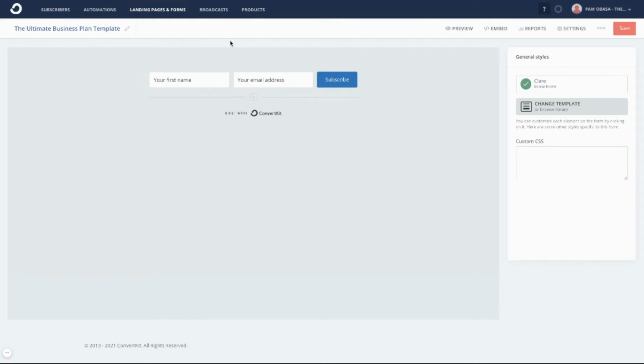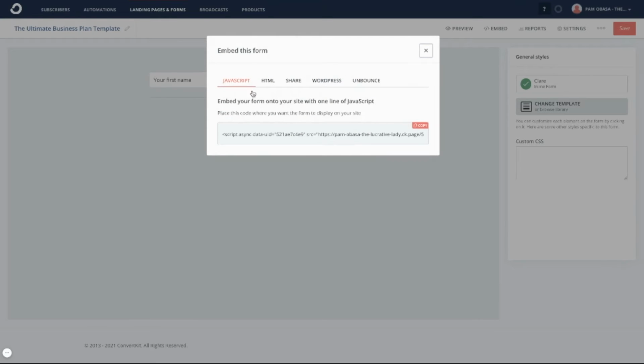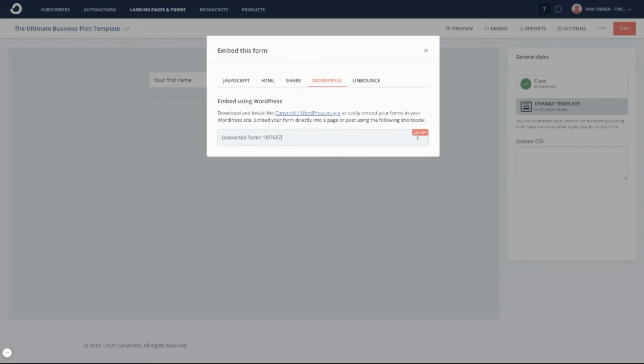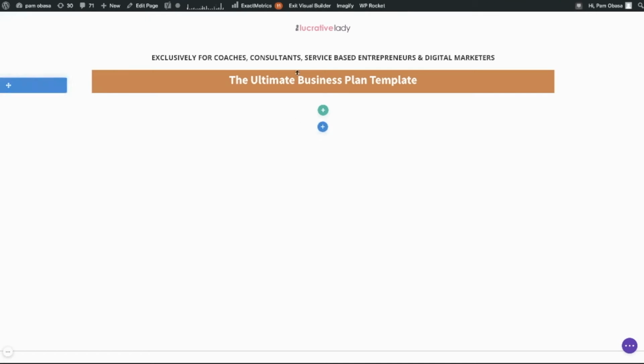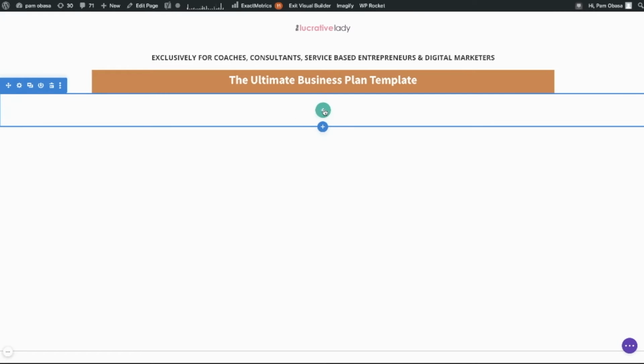First, you need to go to your form and click here on embed. So you have the various options here. Let me show you how to embed it on WordPress. Just click here on WordPress, click here on copy. It means that the form is copied now. Then go to your page and just click here on this button